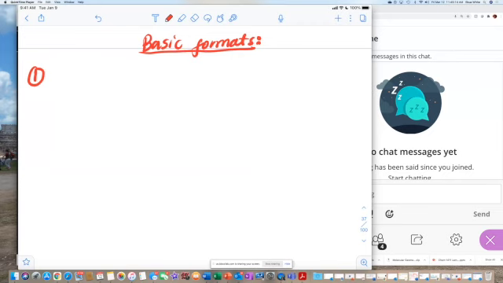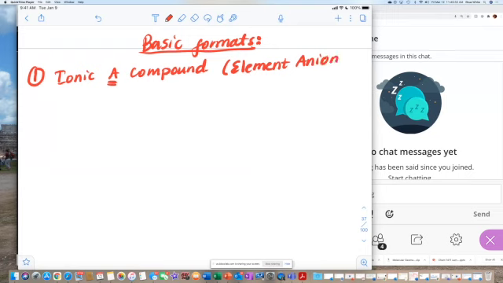So the first is when we're naming ionic A compounds. Remember the A group, these are the elements that have fixed charges. You will have this template or the format. You have the element name, then you have the anion name. We just reviewed how to name anions, right? So you know how it fits. Second one,